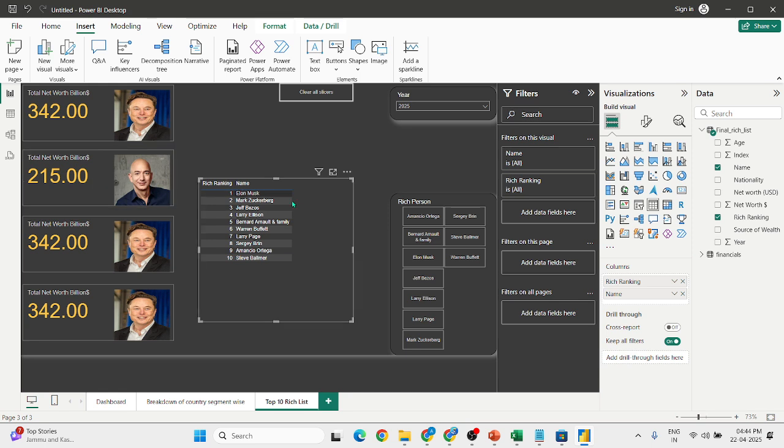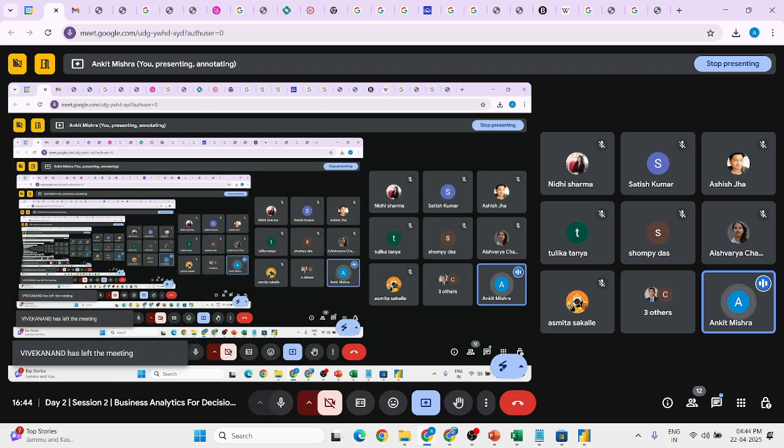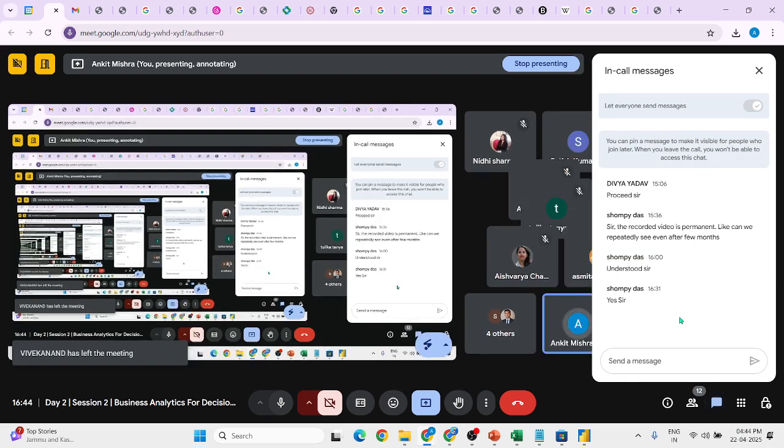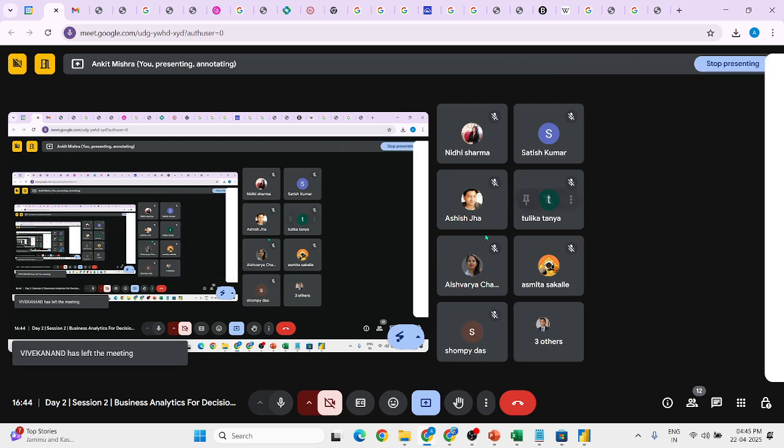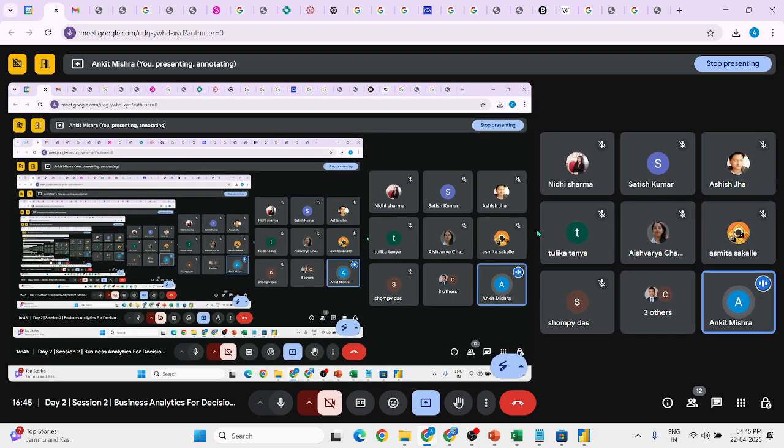Okay, so the thing is that I will have to create DAX based on this, and DAX is where the actual Power BI developers need to work, right? So did you understand up to here? Just everyone let me know, all faculties, how to particularly use this. Okay, any message related to this? Okay, anyone, all respected members, Nidhi ma'am, Satish sir, Ashish sir,